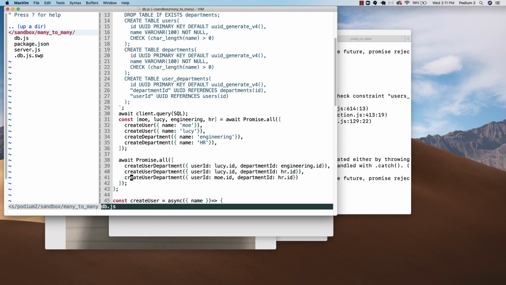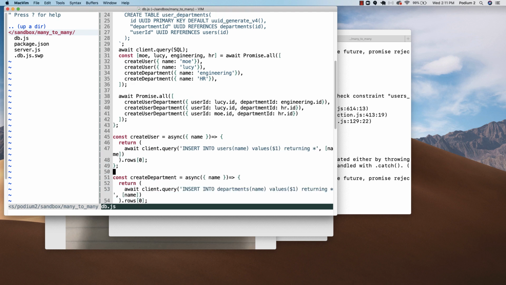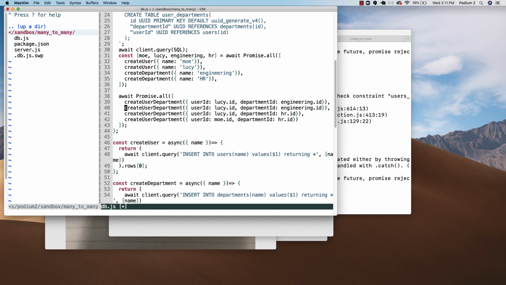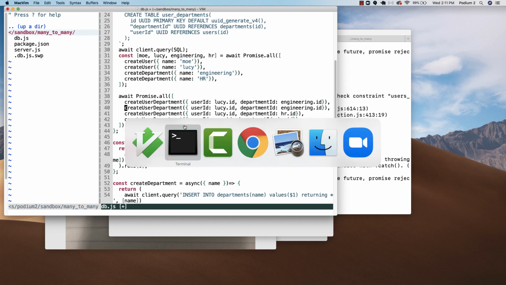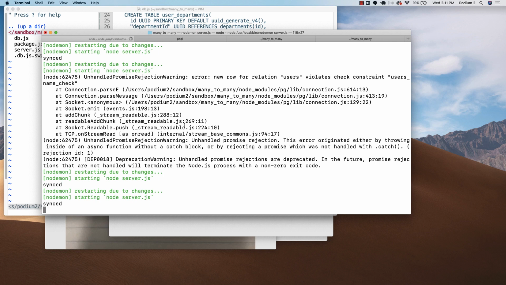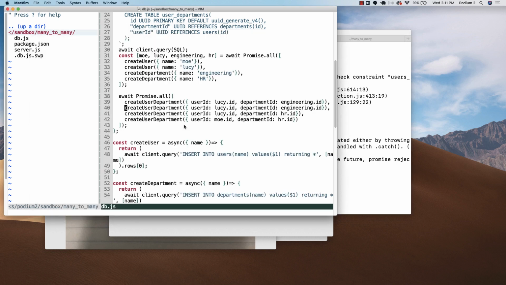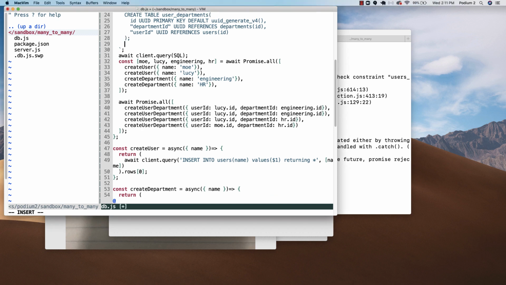But what if, and again, we might not want to, but in this case, do we want to be able to allow Lucy to get added twice to engineering? Right now, we're able to do that. Well, how could we prevent that? One of the ways that we could end up handling that, and there's a number of ways to do this, this is just one of the ways, is that we could actually create what's called